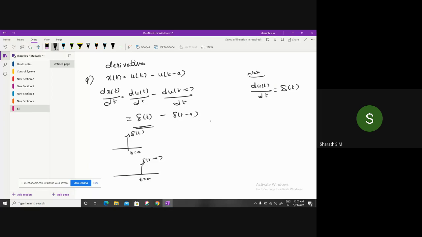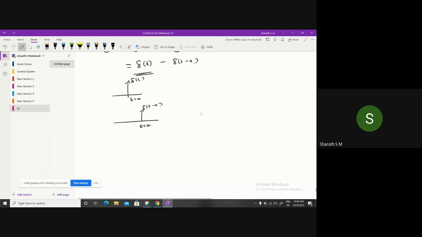Once you subtract these two, here we need to perform a subtraction operation. So we have a signal at t is equal to 0, that is delta of t. And here we perform subtraction: 0 minus this signal, so it will give the negative infinity at t is equal to a, that is delta of t minus a. We are just performing subtraction, so for example, 0 minus 1 is equal to minus 1. In that manner, it is in the negative sign.